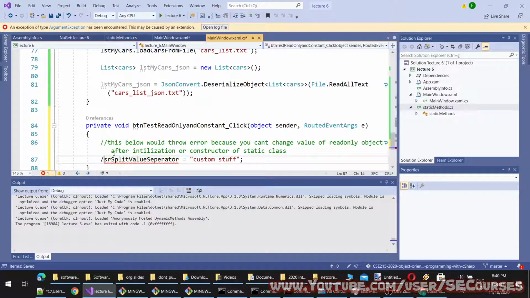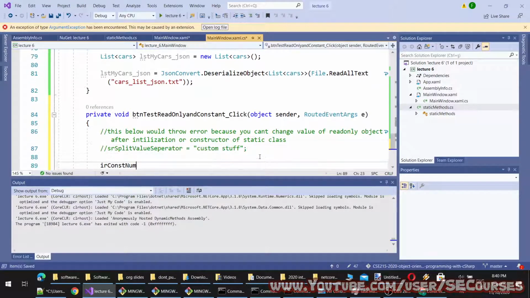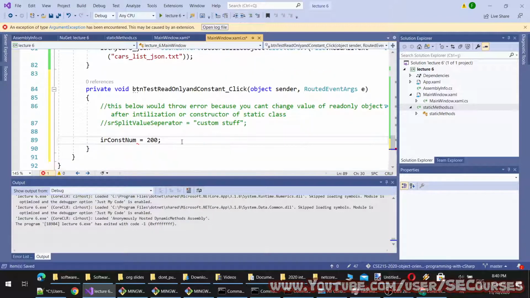Okay, and let's try this. Okay, so this is also not working, as you can see.